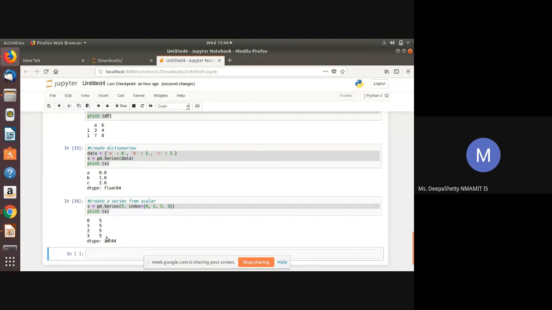So this is a brief introduction of how to use pandas under Python libraries. We can also use pandas to read a CSV file which contains a large amount of data that is used in many data analysis applications.